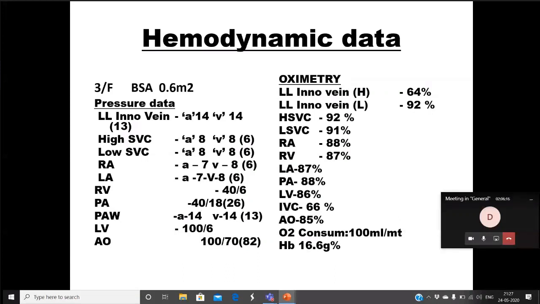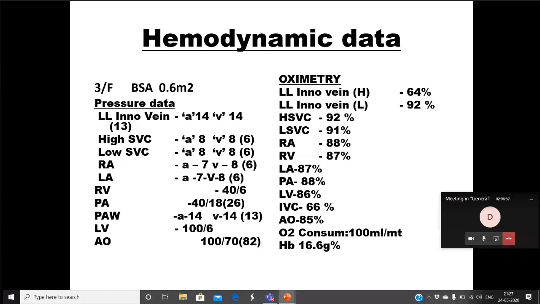So you said the patient is having mitral stenosis. So what is your opinion? What do you want to say? Do you want to make any comments? Because of the increased flow, because of the left to right shunt, right to left shunt, there is an increased flow across the mitral valve, so we are getting a gradient. What is the left atrial pressure? Left atrial pressure is normal. 13.